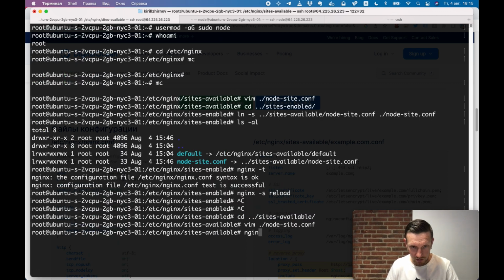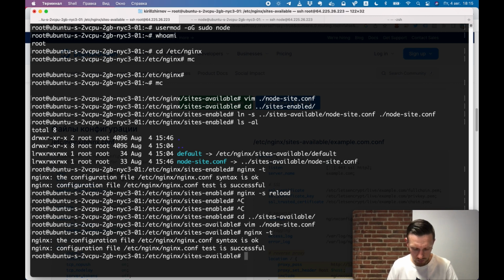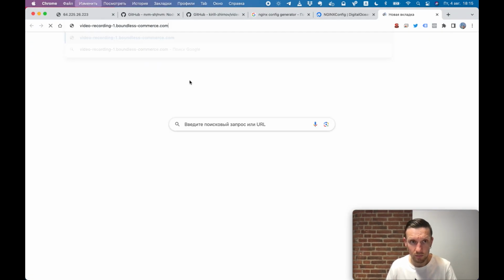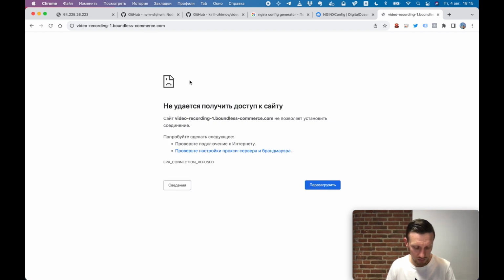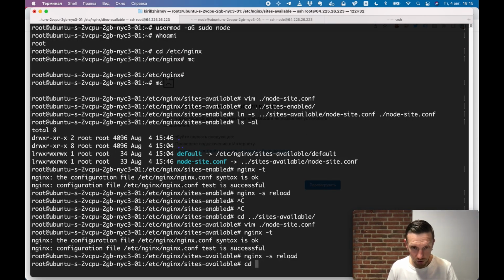And then test NGINX, reload. Okay, and then go to Chrome. It doesn't work, probably my local DNS hasn't been updated yet. But anyway, let's try to issue a certificate. Probably on a server it will work. So how to issue a certificate? We need to call a certbot command,